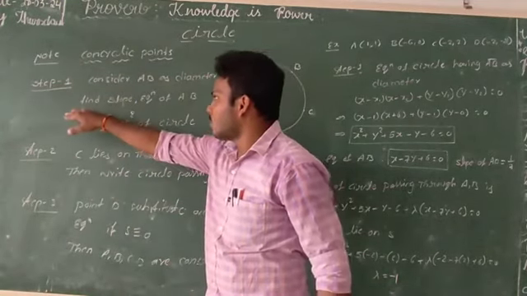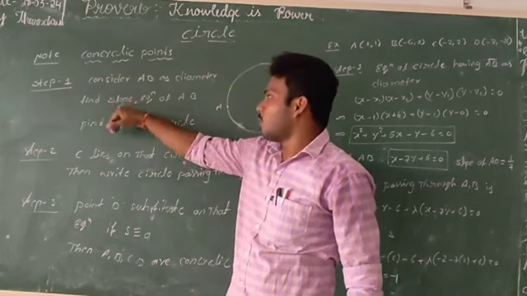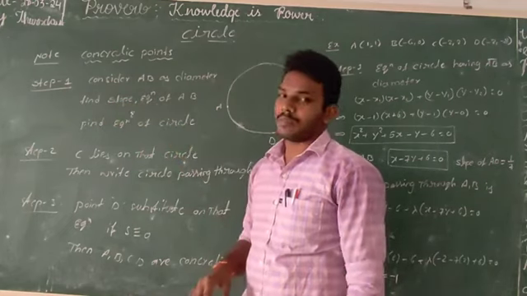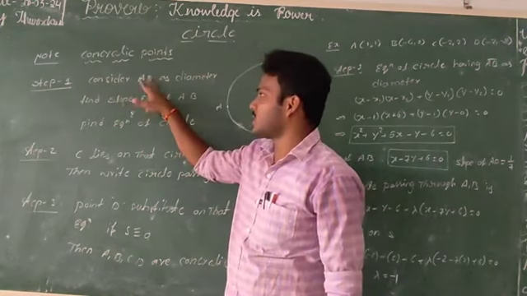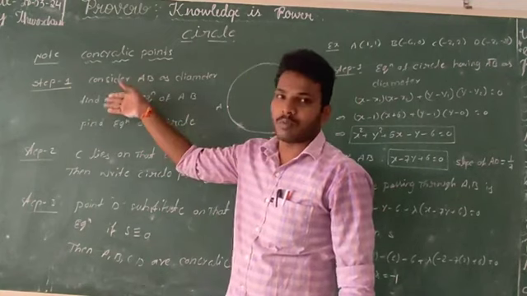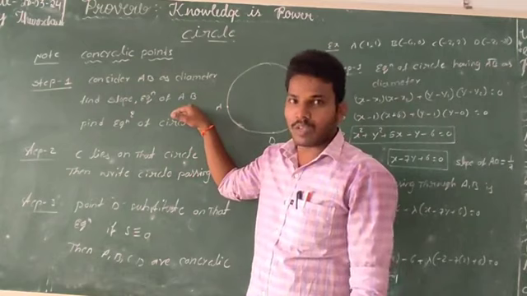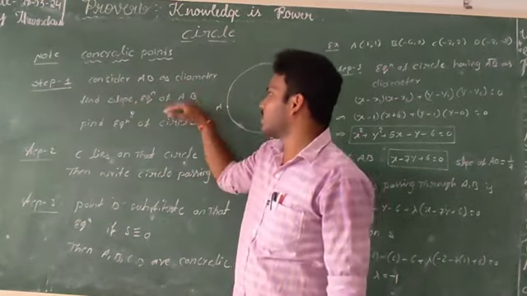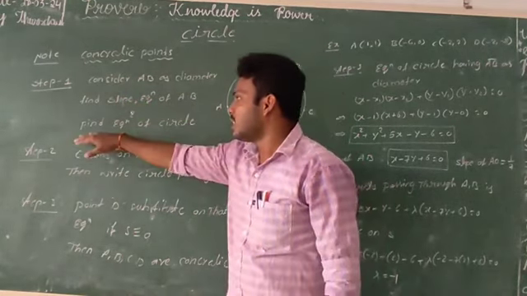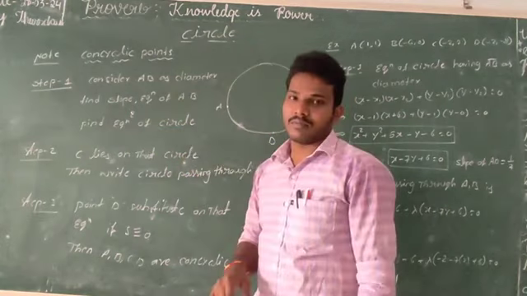Next, find the slope and equation of AB first of all. AB is a 2-point form, you can find the slope from the 2-point form, you know that already, and the equation of the line also, no problem. So find the slope and the equation of AB, and find the equation of the circle.